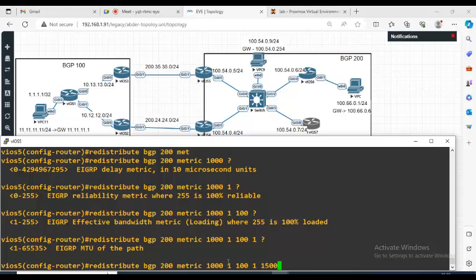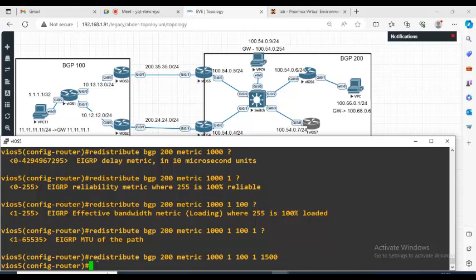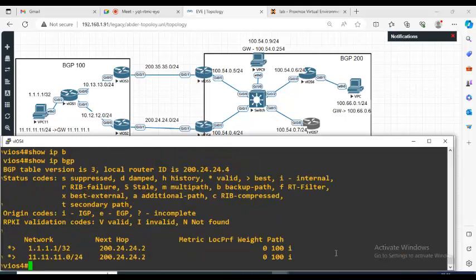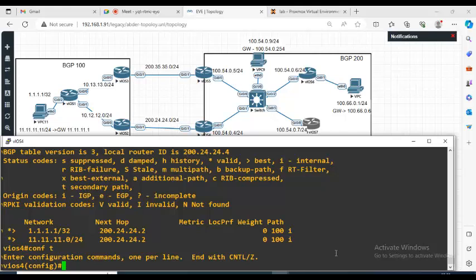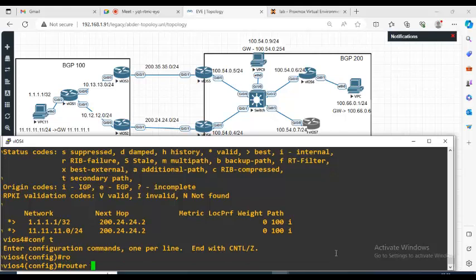I'll repeat the same thing on router 4. See, I don't need to give some other metric. If I want to prefer 5, and only if 5 is not available, I want to prefer 4, then